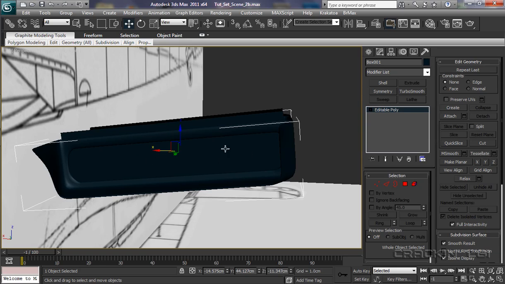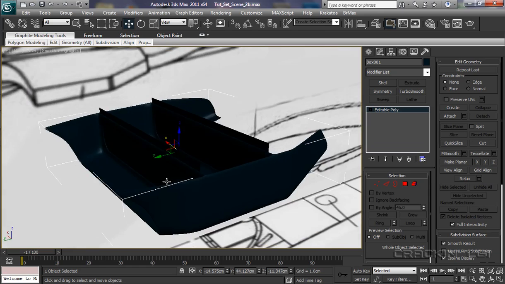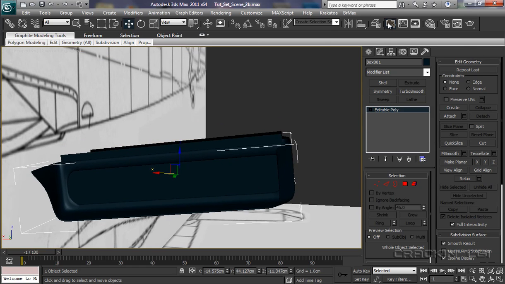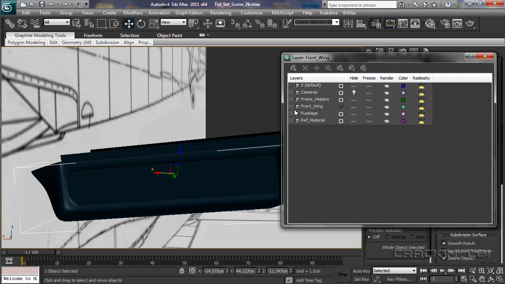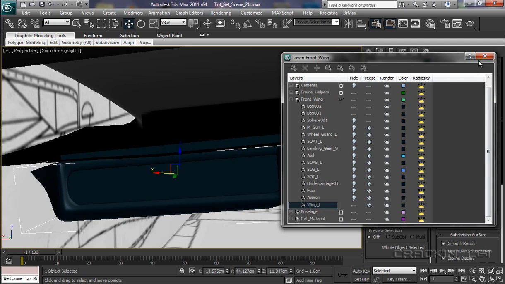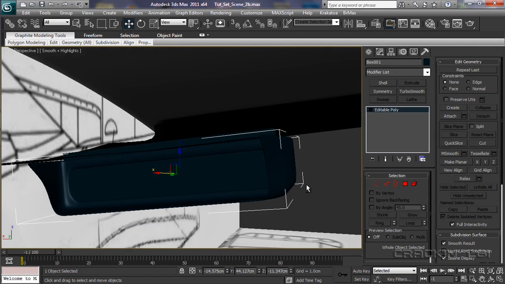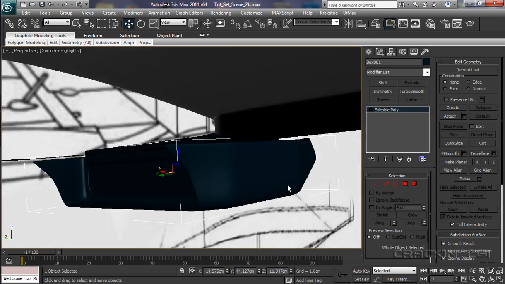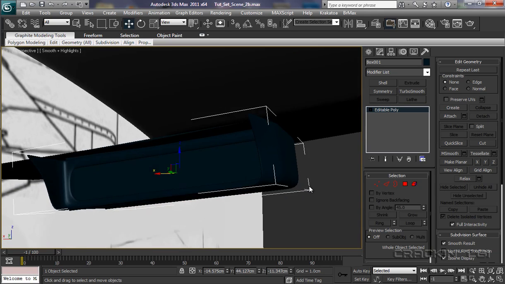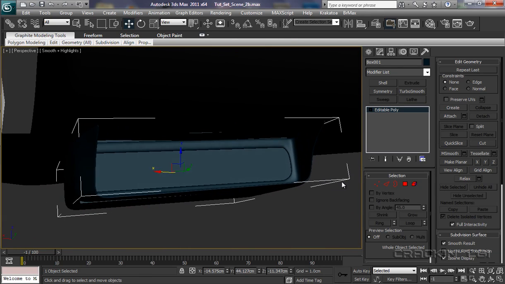Now these here which are filling in, they're going to have a material applied which will look like a mesh. But it's in the right place there. Great. Okay, up to our layers manager, into our front wing. Let's unhide the wing. Let's just pop around for a moment. Yep. And check these corners here. Yeah, I can see